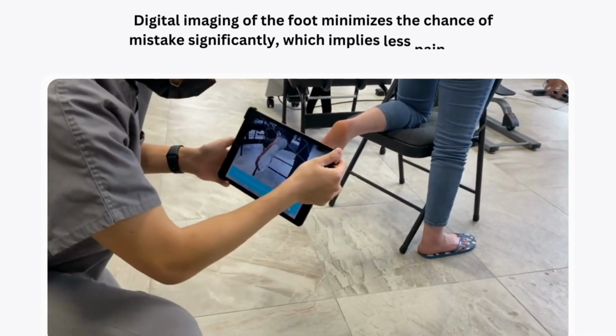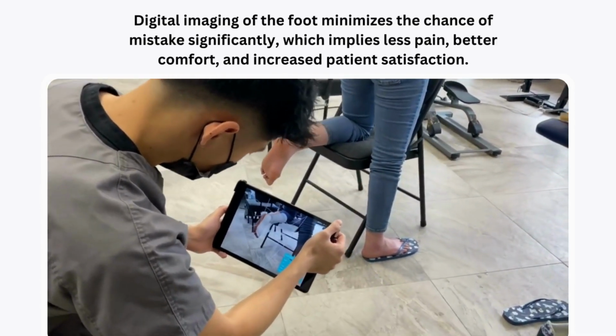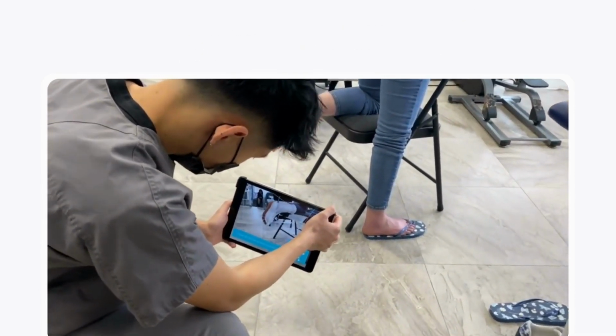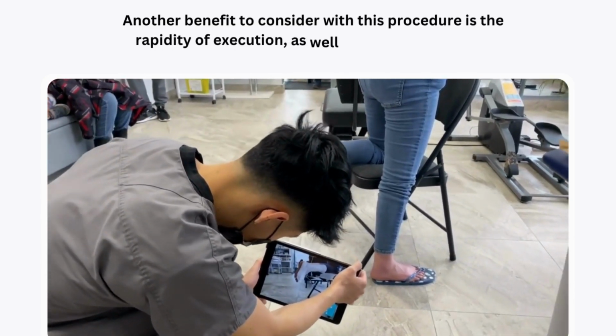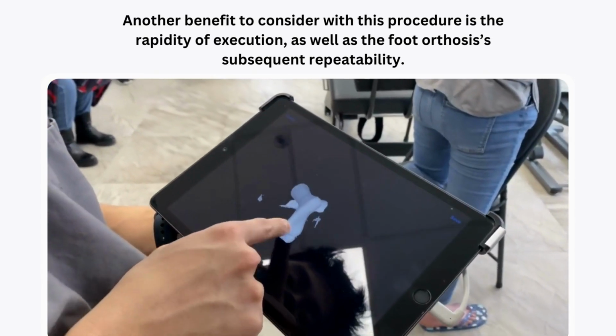Digital imaging of the foot minimizes the chance of mistakes significantly, which implies less pain, better comfort, and increased patient satisfaction. Another benefit to consider with this procedure is the rapidity of execution, as well as the foot orthosis's subsequent